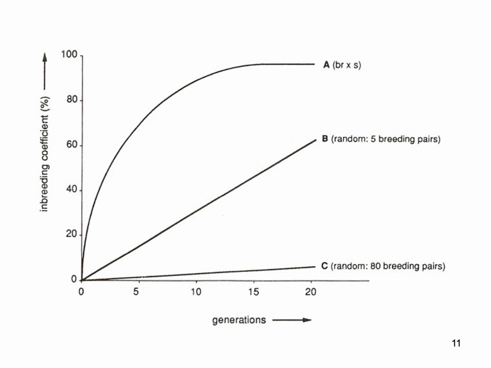In the A line, where there was brother-sister mating, it results in a steep increase of the inbreeding coefficient from generation to generation. In the B line and C line, they used random matings,